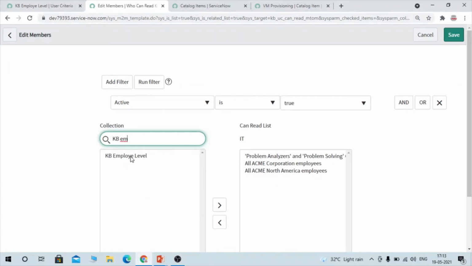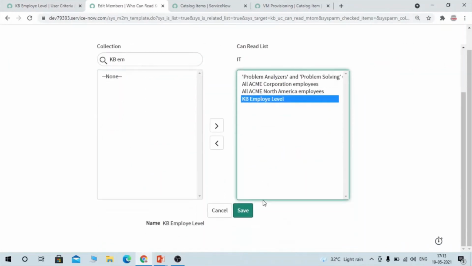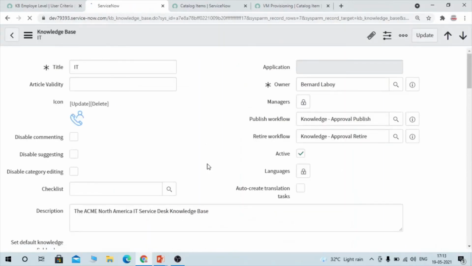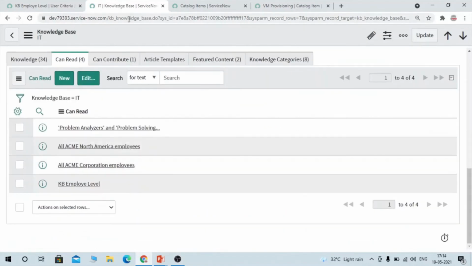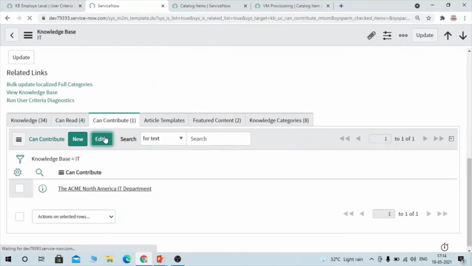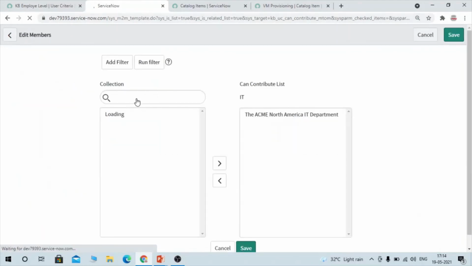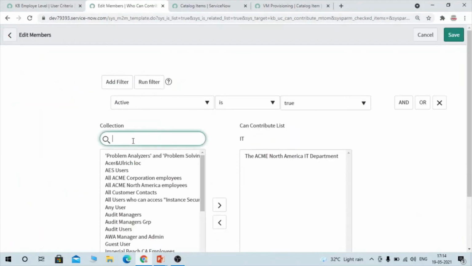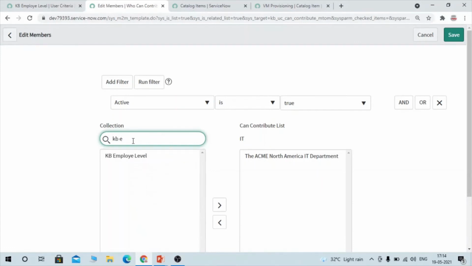label. Okay, this one we have created, so I'm going to add it in can read, and I want to add this user criteria into can contribute as well. Can contribute will provide edit access, and can read will provide only read access. Clear, right?